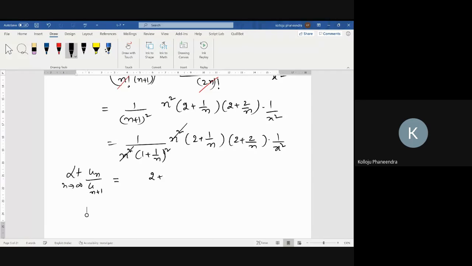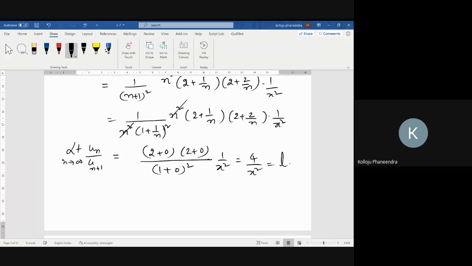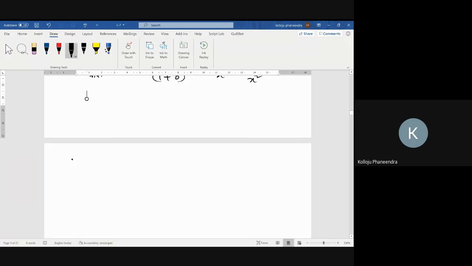This is 2 plus 0, this is also 2 plus 0 by 1 plus 0 whole square into 1 by x square. So finally, what I'm getting? 4 by x square. This is the value of limit L. Therefore, by using ratio test,